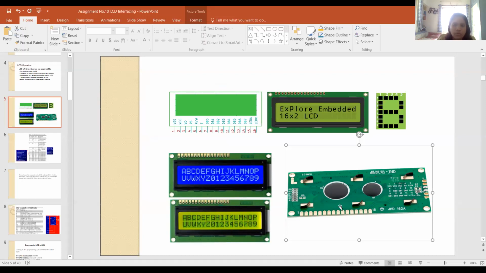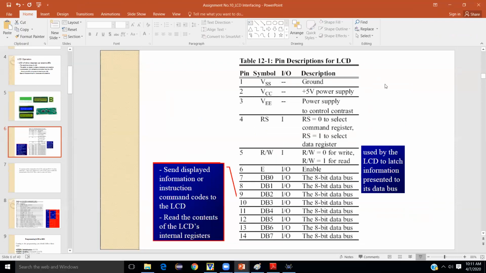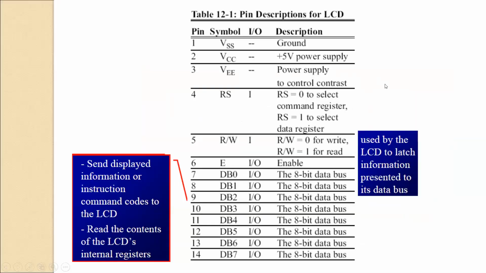Through that program, you are just displaying a string, some characters, on your LCD panel. This is what your program is. For that purpose, we need the configuration. Now I said the program is divided into three parts. Here there are a total of 17 pins. From these 17 pins, which pins are most important for our purpose?